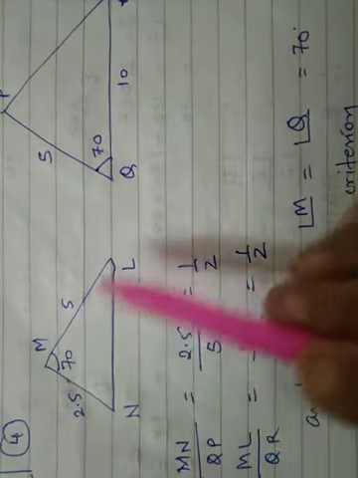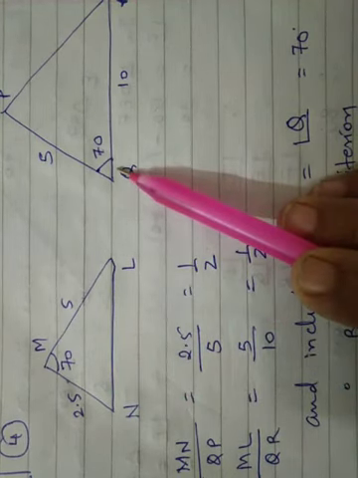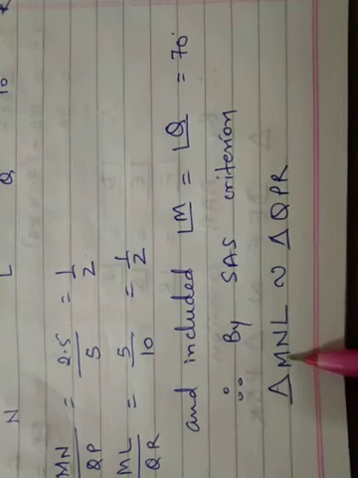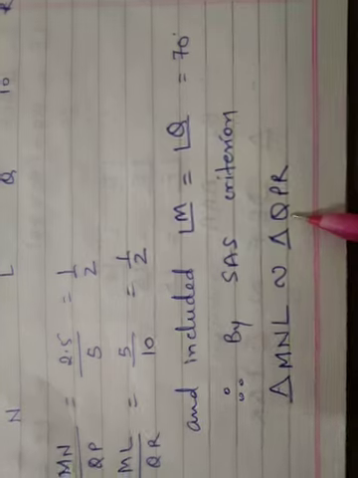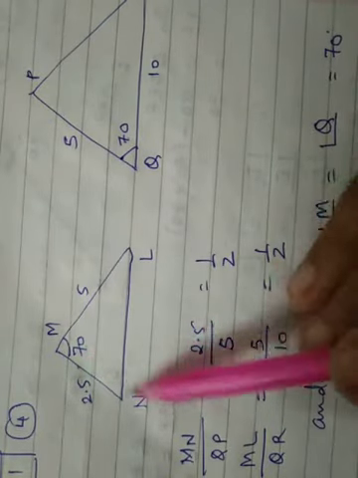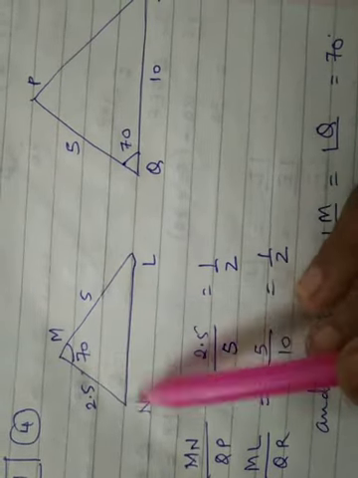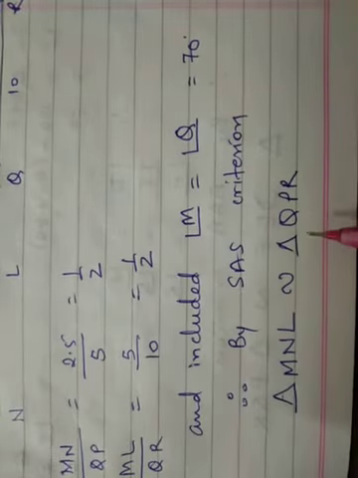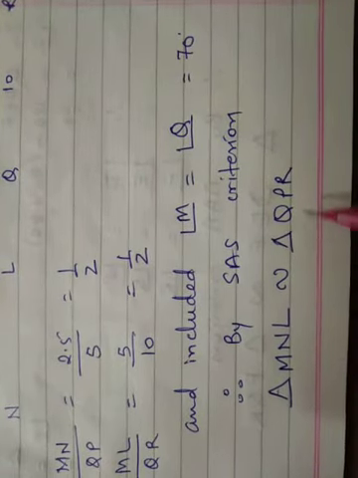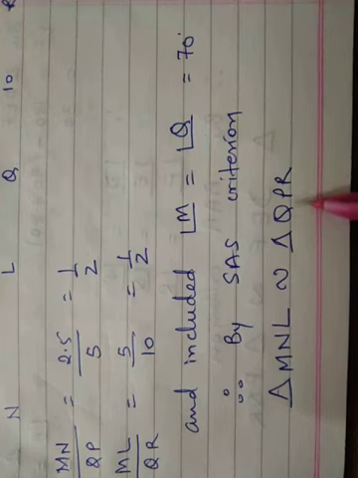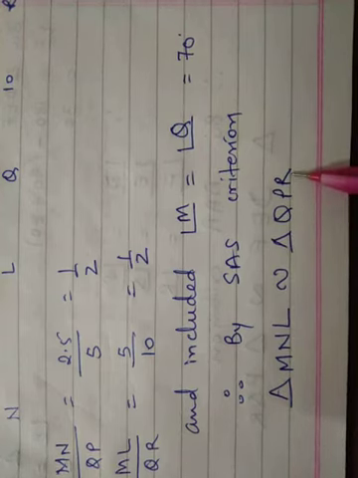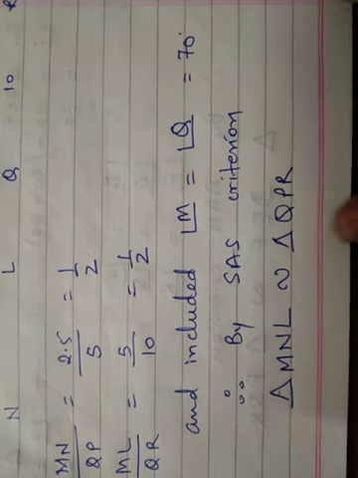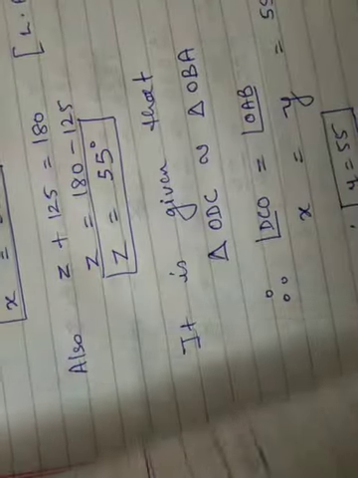See, in my diagram, angle M has to come corresponding with the letter Q over here. So when I write angle M, I have to have the corresponding letter Q. Then MN's corresponding side was PQ. So along with MN, I should have PQ or QP. So I put the next letter as P and then the third remaining letter as R. So this ends our question 4.